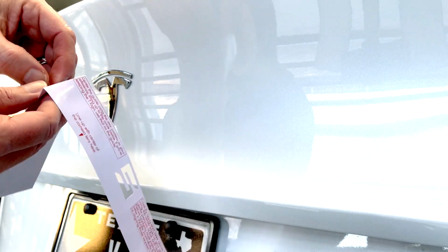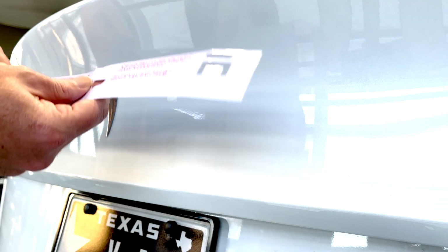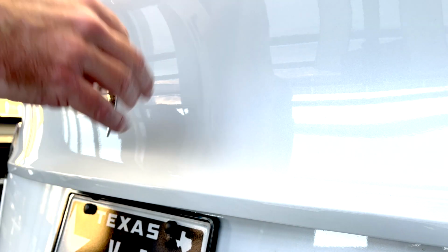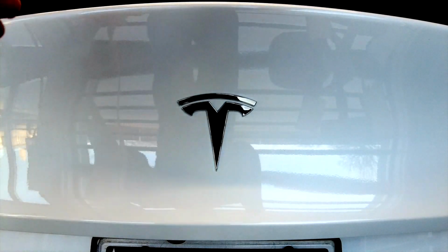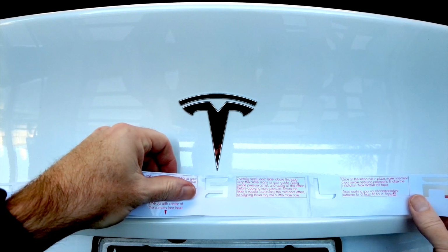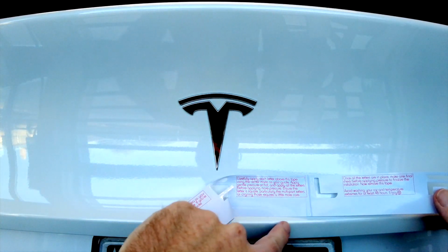Last bit out there, and the T, and then just peel away from behind. Maybe go about halfway obviously, so you can get the center of it lined up. And this doesn't have to be perfect on the car, this is just your installation template, but you know, get kind of eye level with it. Decide where you want the logo. I'm kind of using obviously the T as the guide for the center,